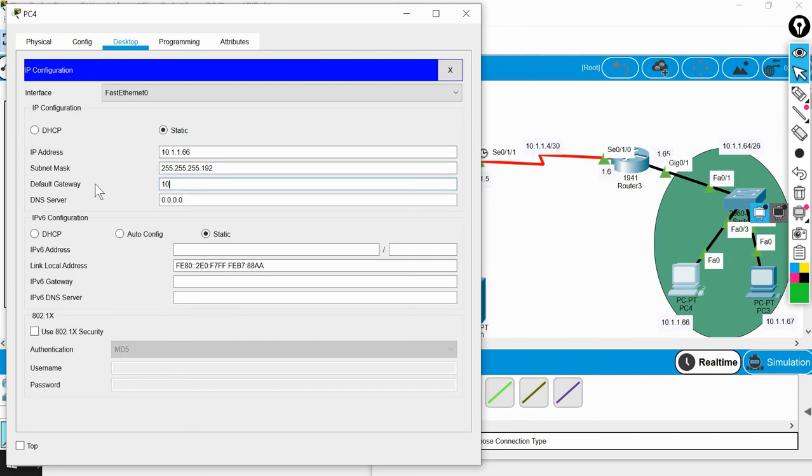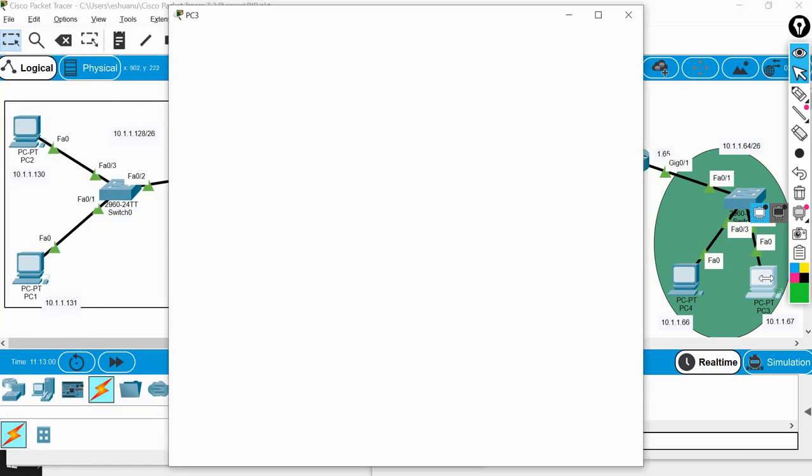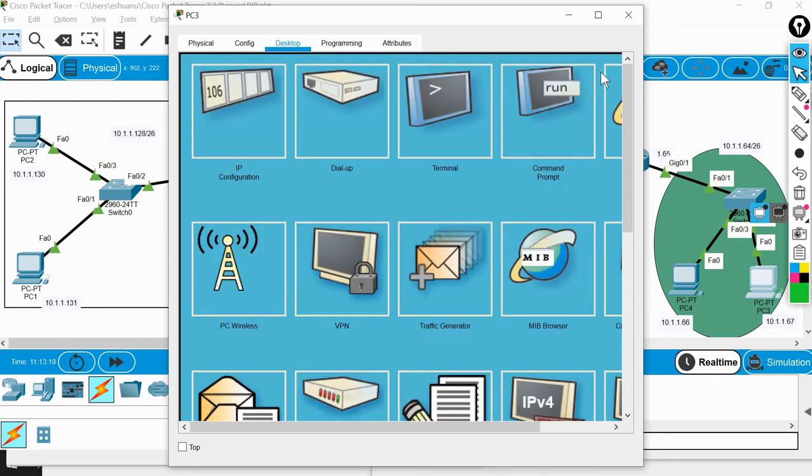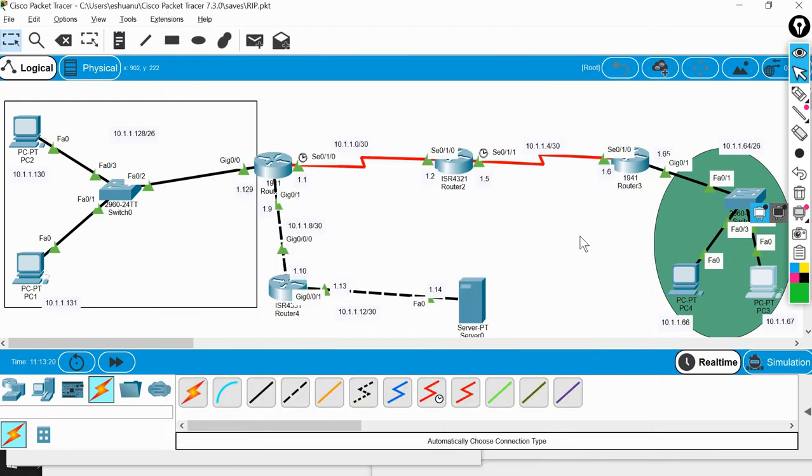The IP address of the nearest router will be 10.1.1.65, the default gateway. That's great. Let's close this as well. Go to this computer. This time I have copied the subnet mask, and the IP will be 10.1.1.67, and the gateway should be 10.1.1.65. Perfect. So now we have done all the IP assignments.